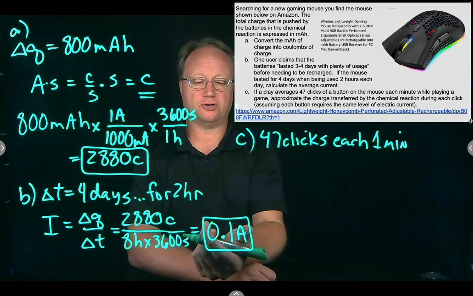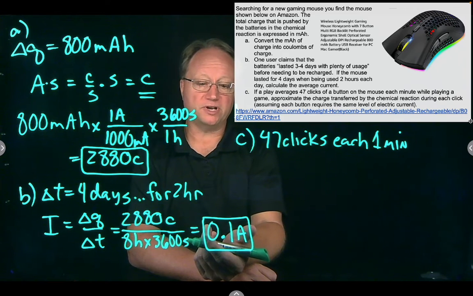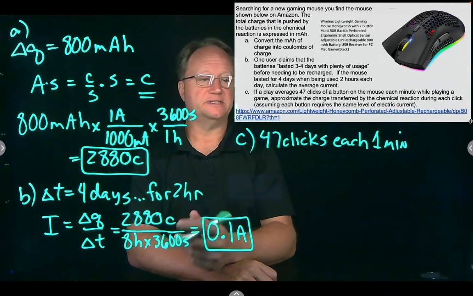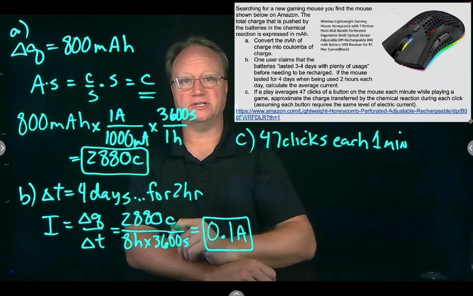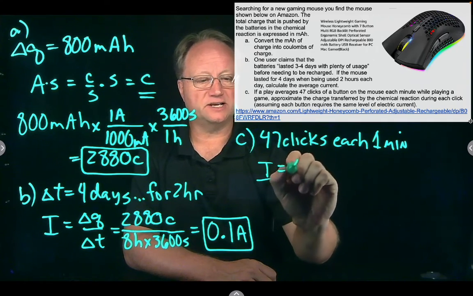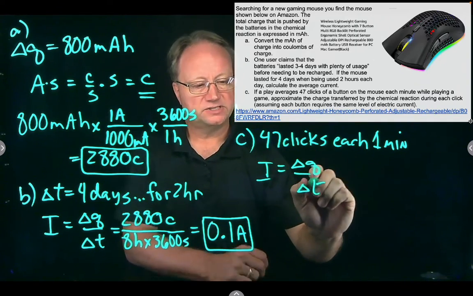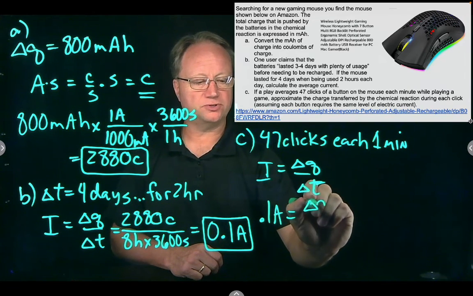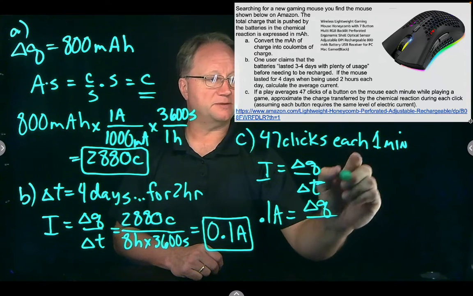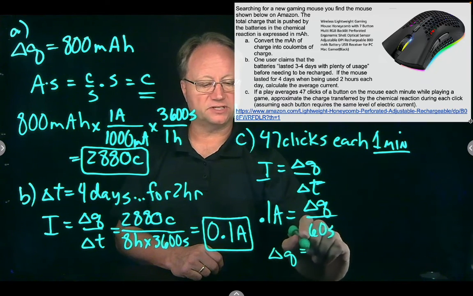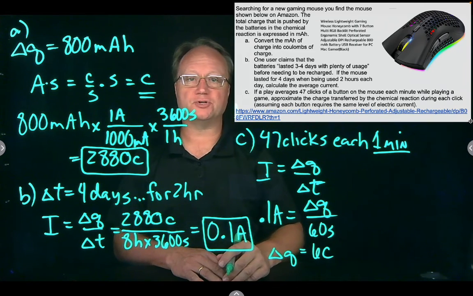Well, we have an average current here, which tells us 0.1 amps or 0.1 coulombs each second. So if we figure out how many coulombs in a minute, that's going to be distributed on the 47 clicks, assuming that they're all uniform. So I is delta Q over delta T. So 0.1 amps is equal to delta Q over a time period of 1 minute or 60 seconds. That's going to give us a delta Q of 6 coulombs transferred in that 1